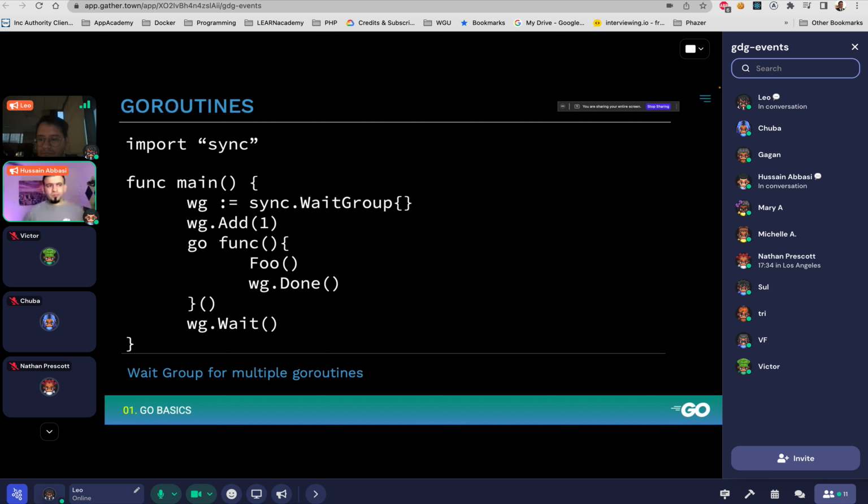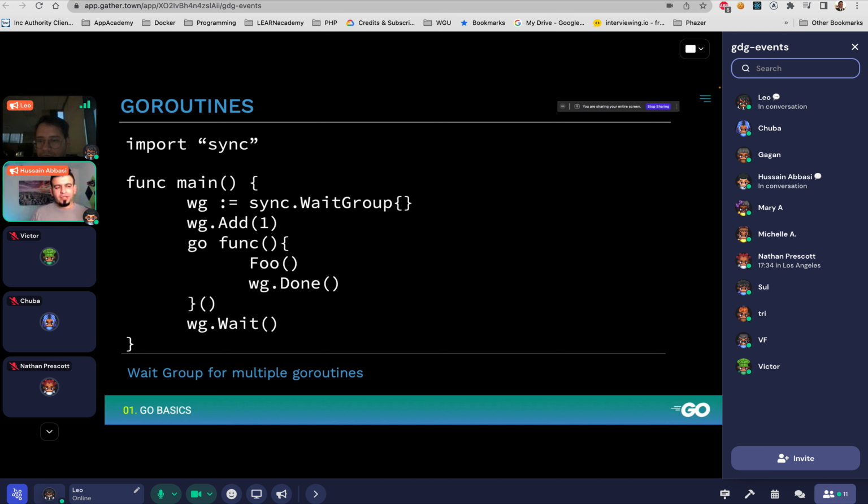Go routines are more of a fire and forget kind of feature. You don't get a value back from them, so you won't have a return from the go method if you're trying to do that. However, you can put a wait group around it to say, I'm going to spin up 10 Go routines and I care about all of them finishing. So you can say, hey, wait group, I'm going to add X amount of Go routines and I want you to wait for all of them.